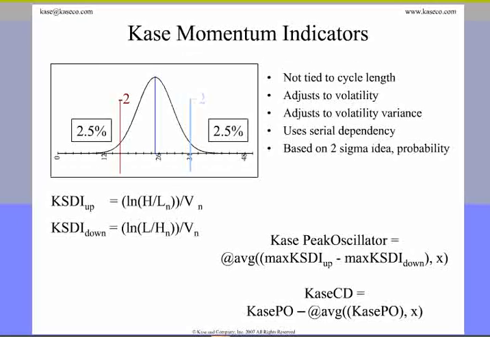All right, change of gears. Momentum indicators. This is going to get a little bit technical for some people, but part of the problem with momentum indicators is that they're very sensitive, of course, to the periodicity that you put in them. If you use a 9-period stochastic versus a 21, a 34, or 55, you're going to get different results. And the reason you're going to get different results is that different indicator periodicities are going to work differently depending